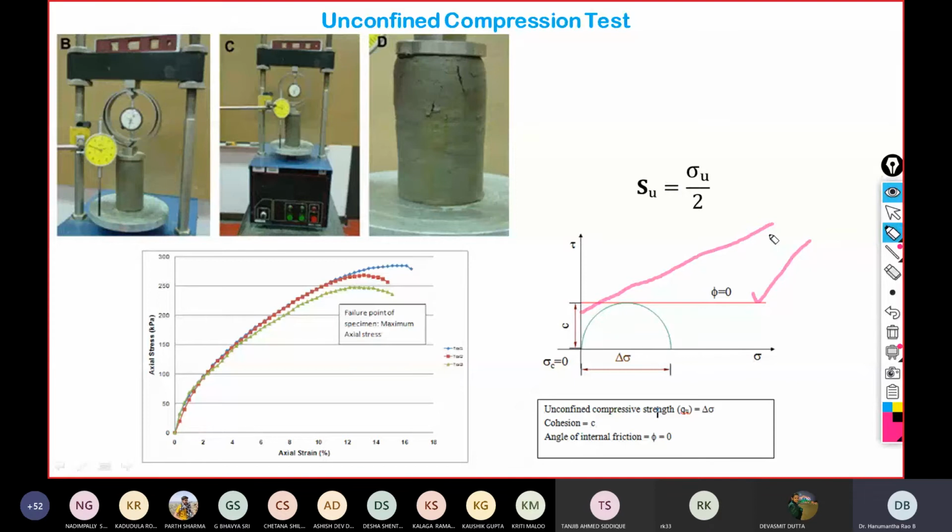But in those circumstances, we will get two parameters. One is the ordinate, next is the phi value. You got it now? But in case of the UCS, we can't do that because we are getting only one circle. Here there is only one circle, so we can't realize whether it is inclined or we simply fit only the horizontal line. That's it.